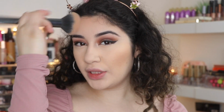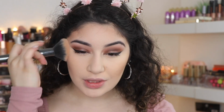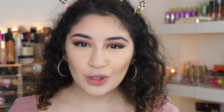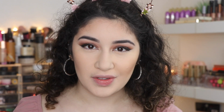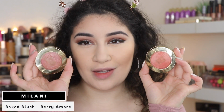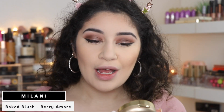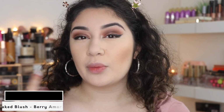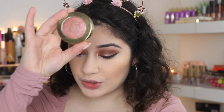So now we have really, really nice bronzy skin. Absolutely love this look. So next we're going to go into my favorite drugstore blushes. These are the Milani baked blushes. Everyone knows these, everyone's seen these. I have a few shades, but I decided to pull out these two just for today. I think with the look I'm going for, this one is going to be absolutely perfect, so we're going to